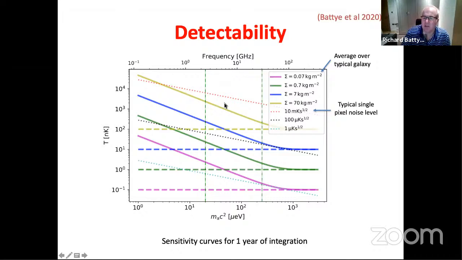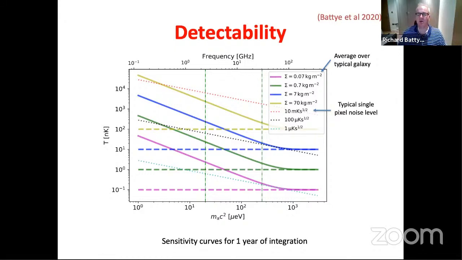The dashed lines are detector noise levels. For a single pixel receiver, it could be about 10 millikelvin per second noise level. And in 1 year of integration, you might be able to get down to this line here. And if you had 100 such receivers, you might get down to this level here. So potentially something like 7 kilograms per meter squared is detectable in a year with